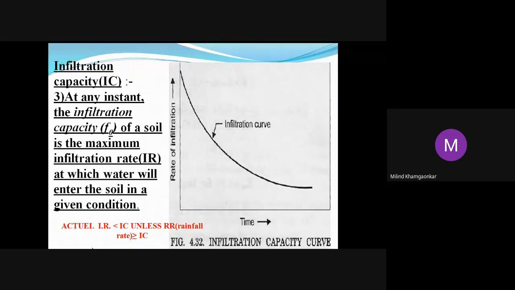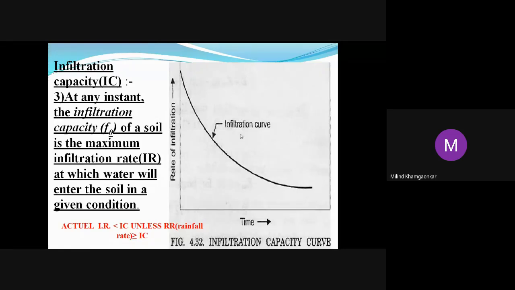Because the catchment area is very vast, the geological and topographical features are different from location to location. And we also have rain gauge stations at various locations, so we have also fitted infiltrometers at various locations, and we have found out the infiltration capacity. Then based on that study, the correlation between the rate of infiltration or the infiltration capacity and the time, we have plotted this graph. You all know this is nothing but the infiltration capacity curve.